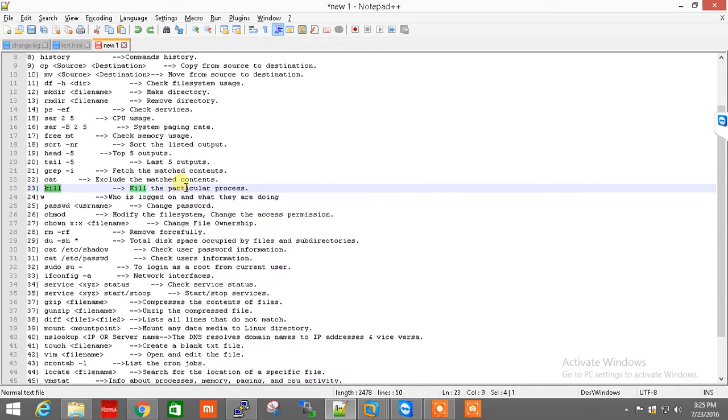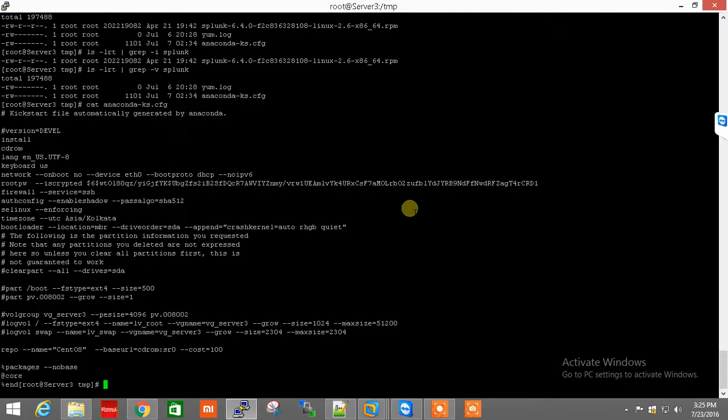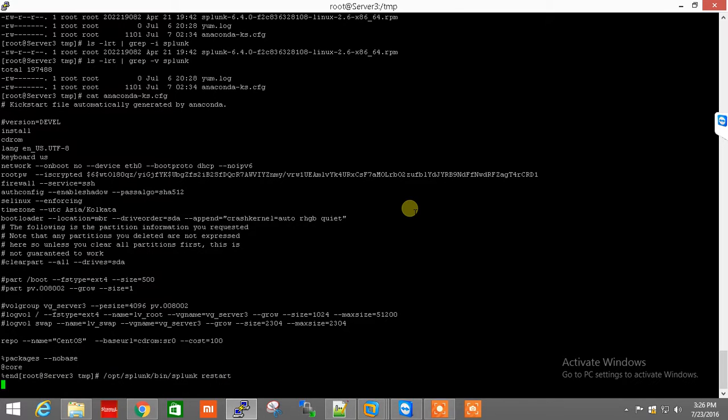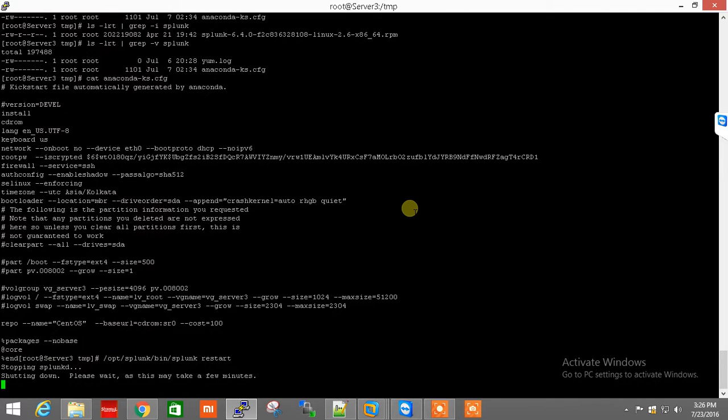Now the kill command. Suppose you have run an unwanted process on your system and you want to kill that process. Suppose I have restarted my Splunk service on my system.